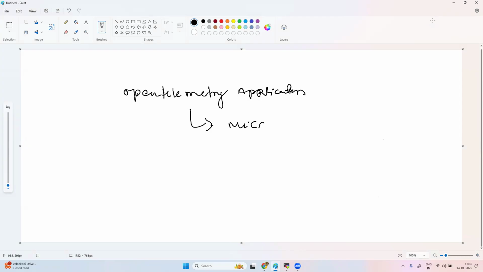Hi all. So today I'll show you how you can set up the OpenTelemetry application. The OpenTelemetry application is a microservice-based application. So when you are doing the POC, either on Dynatrace,